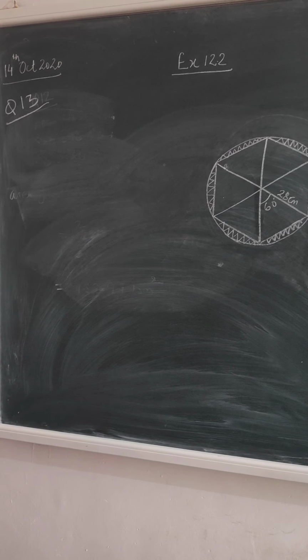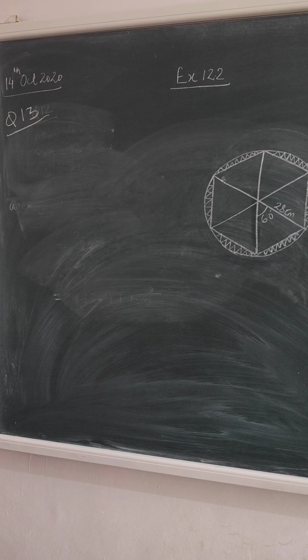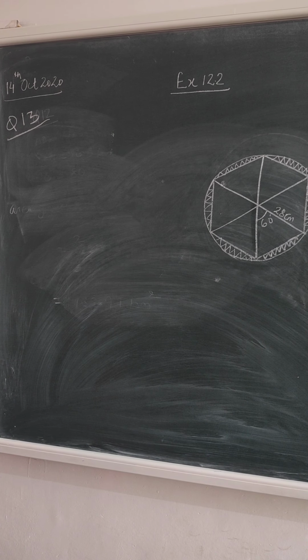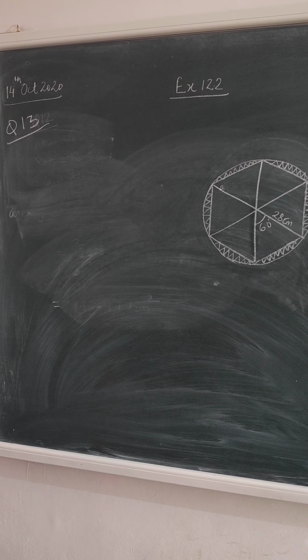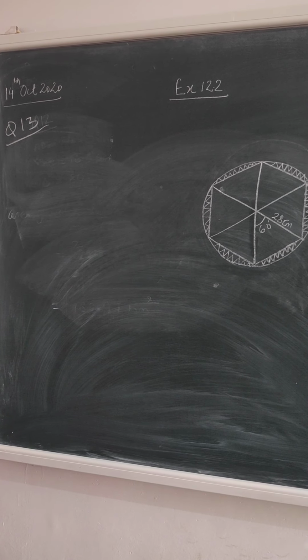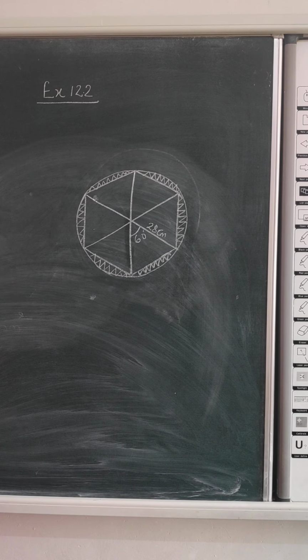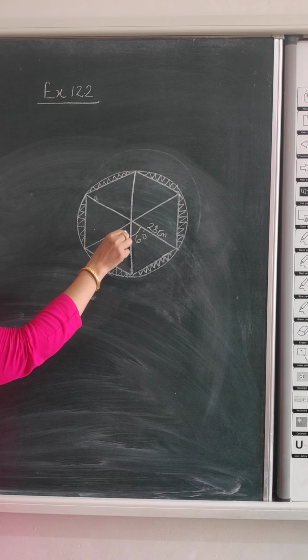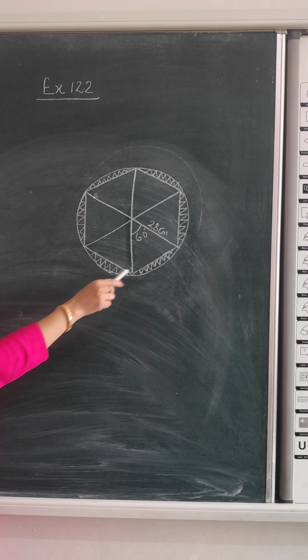Now coming to question number 13, it says a round table cover has 6 equal designs as shown in figure 12.14. If the radius of the cover is 28 centimeter and the cost of making the designs at the rate of rupees 0.35 per centimeter square, use root 3 is equal to 1.7. Now beta, here we need to find the cost of making equal designs. So here I have joined these lines to show how many sectors are formed here? 6 sectors, 6 equal designs.